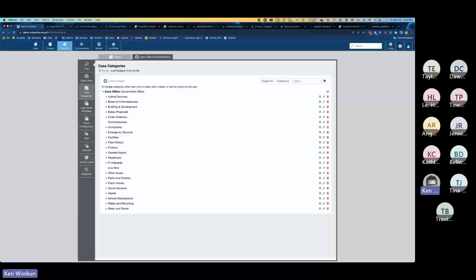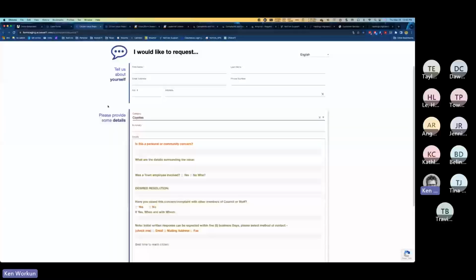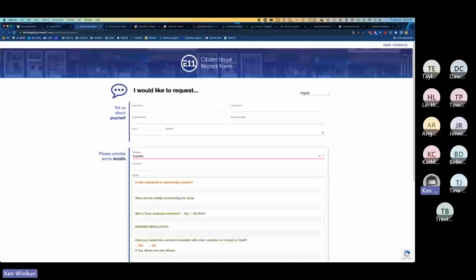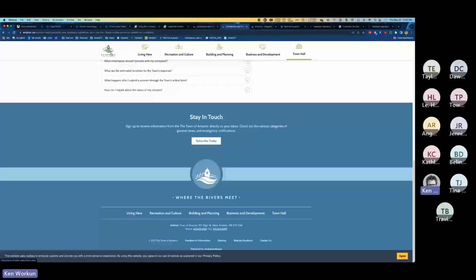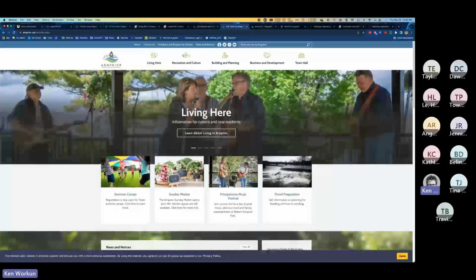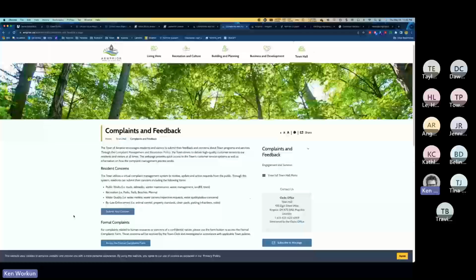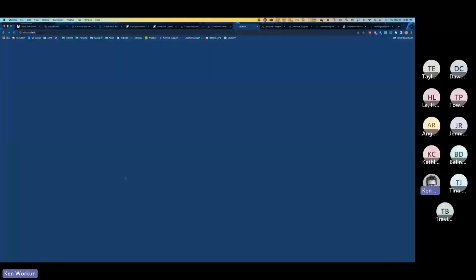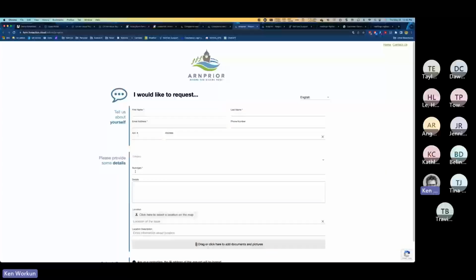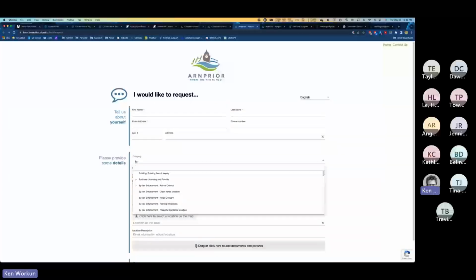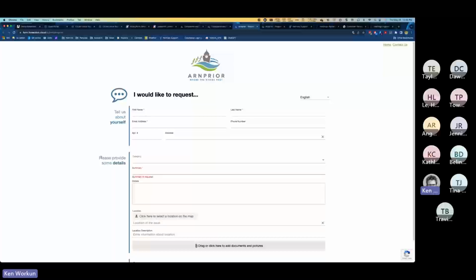So rather than that, what we've also seen as a best practice is sometimes even just breaking down the forms into either one or two departments and then having multiple forms. So from your homepage, you can go in. So as an example, if I go to Arm Prior, they've got some feedback and requests for service that you can go to as well, but they've got a limited number of categories that they have shown on their website, and they actually had